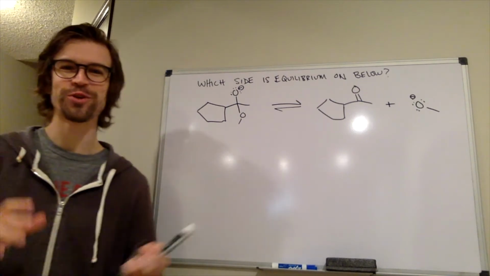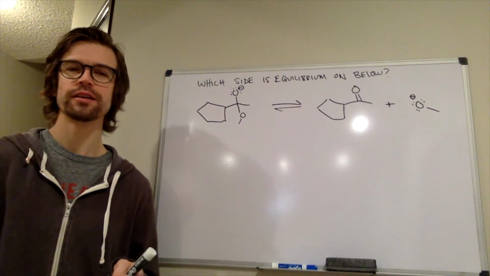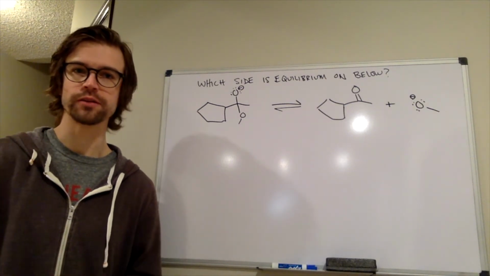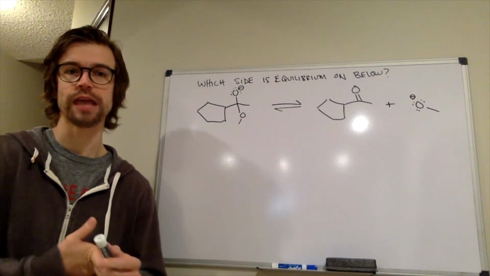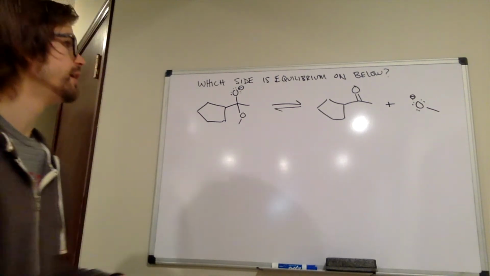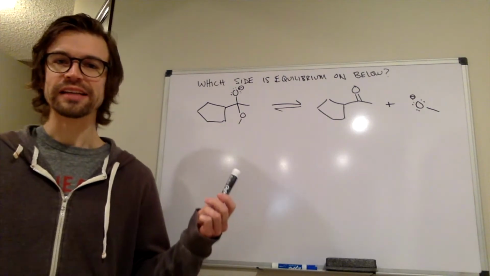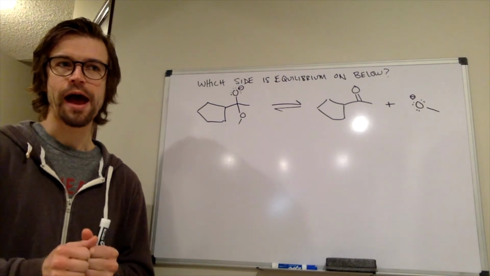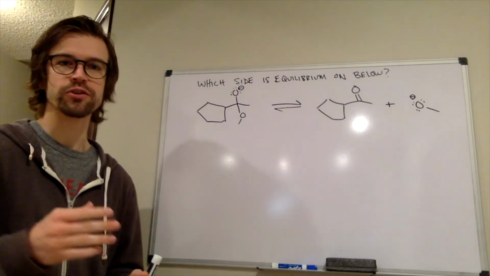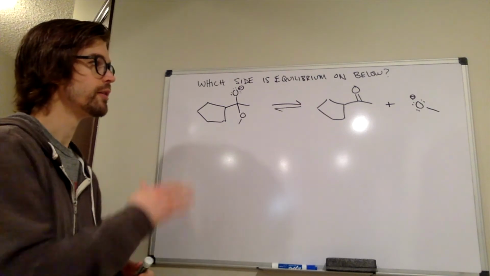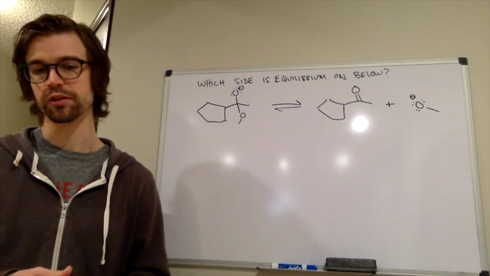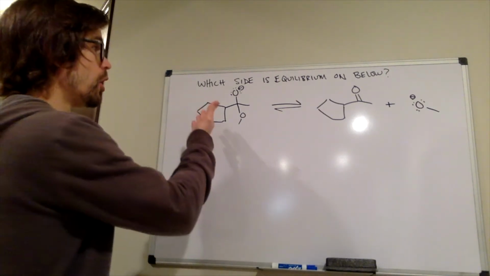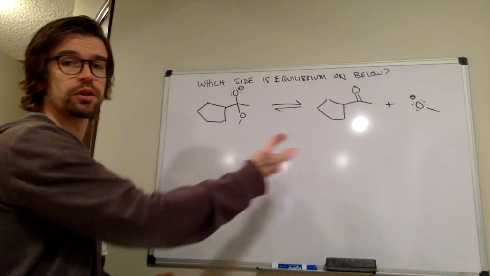All right, so we are now transitioning from just thinking about ketones and aldehydes to looking at the other carbonyl functional groups as well. So esters, carboxylic acids, and amides. And it turns out that this equilibrium is going to be extremely important while thinking about how those reagents that we've already talked about are going to react a little bit differently with these new types of functional groups. So to start things out, I always just ask this open-ended question: which side of this equilibrium would be